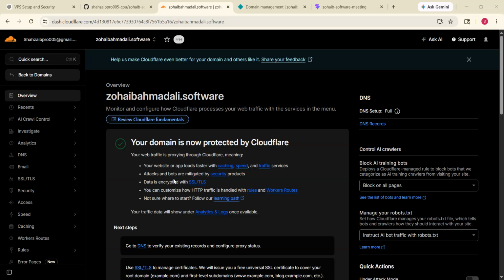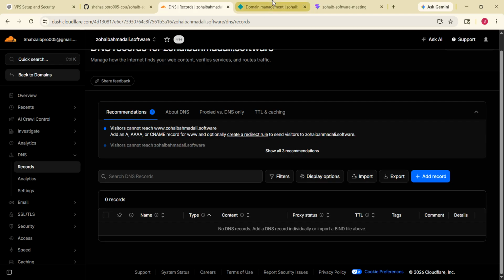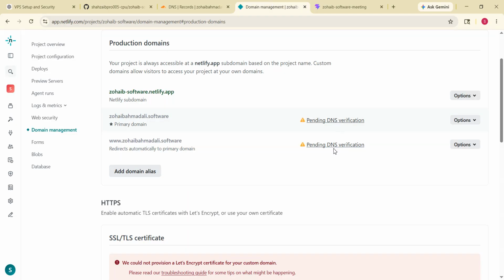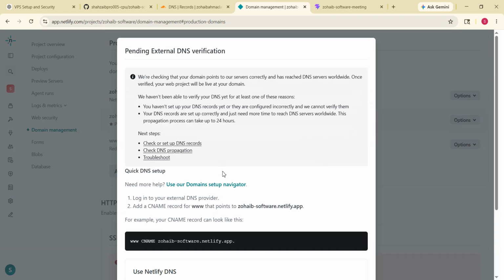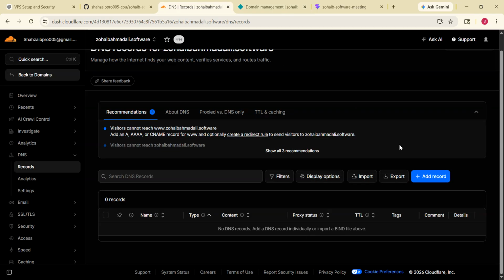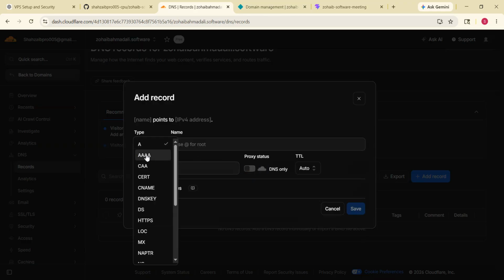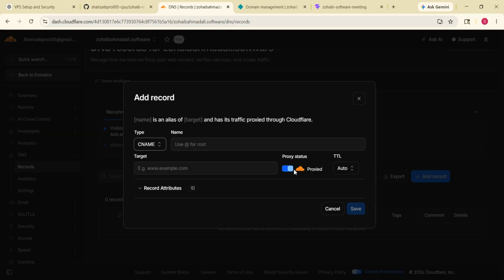So guys, now you can see that our domain has been protected or transferred to Cloudflare. Now we will add the records here. For this we simply go here, records, and now we will copy one by one. Click here, and then pending verification, and here we will add records. Simply click add record, choose CNAME,